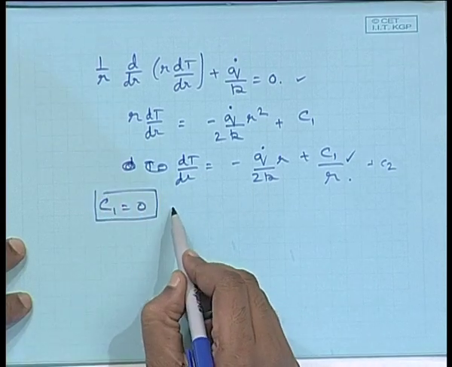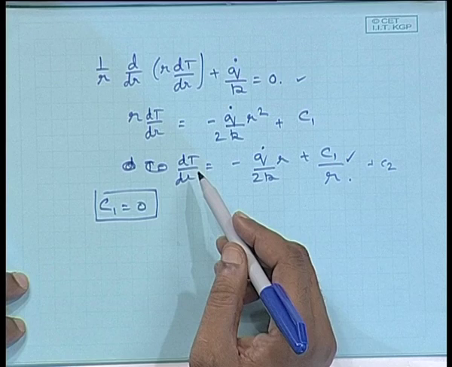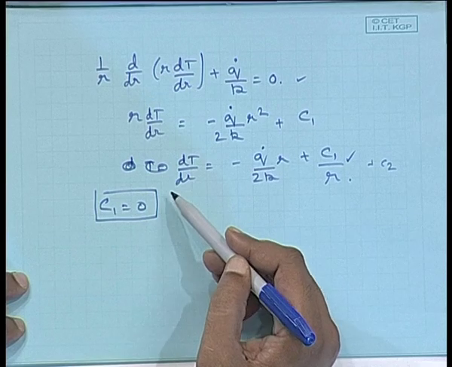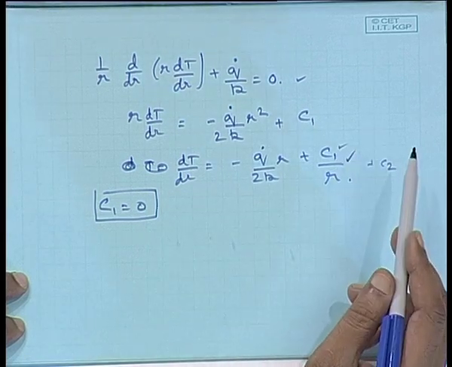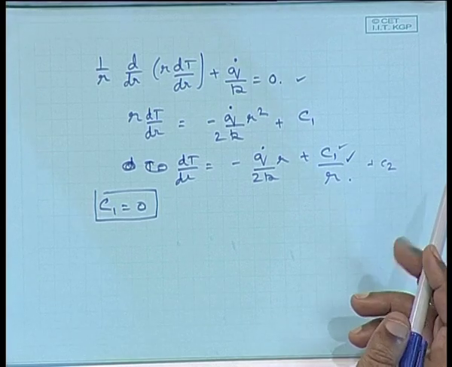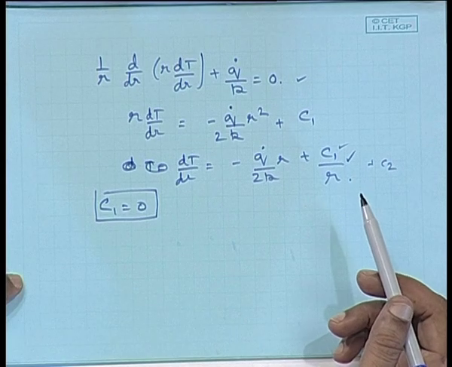All right. Okay. So, at r equal to 0, T has to be finite. That condition can be used. You can also use the condition that since the temperature is going to be maximum at r equal to 0, so dT/dr at that point should be equal to 0, which would also give you C1 equal to 0. Second condition, what are the possibilities? If we know about these possibilities, then solving any problem given to you would be easy. You have to think carefully about which boundary conditions are possible and which one you can use. So, one you can use is dT/dr at r equal to 0 should be equal to 0, and other conditions possible...